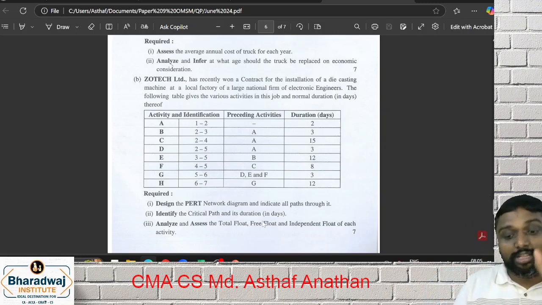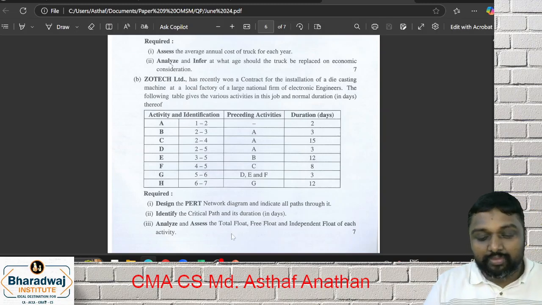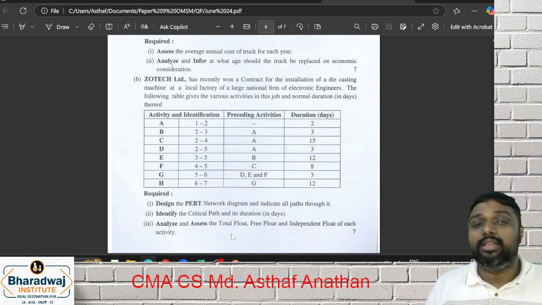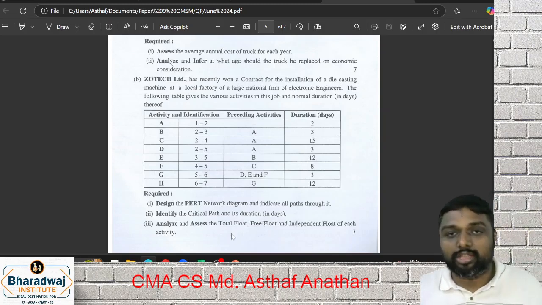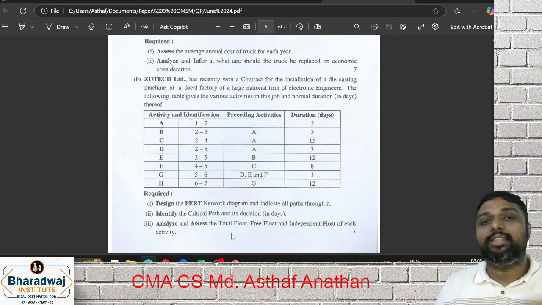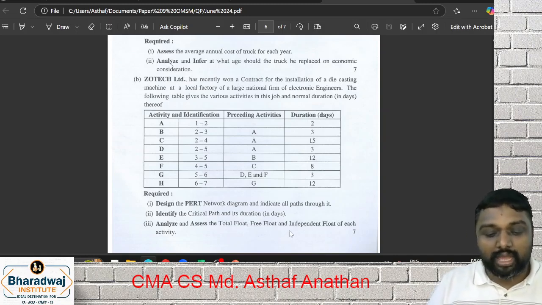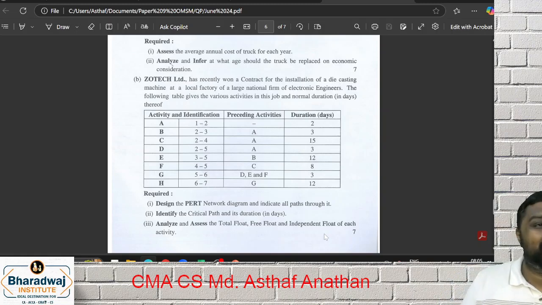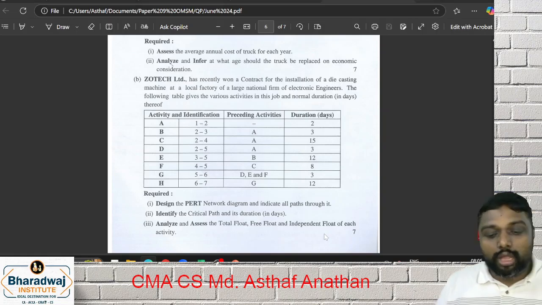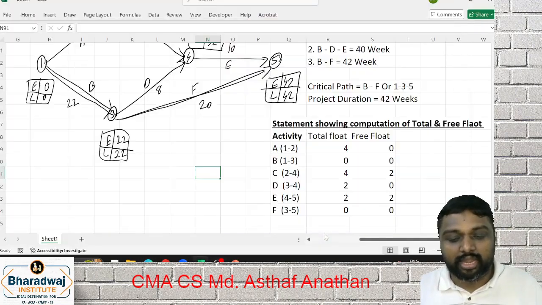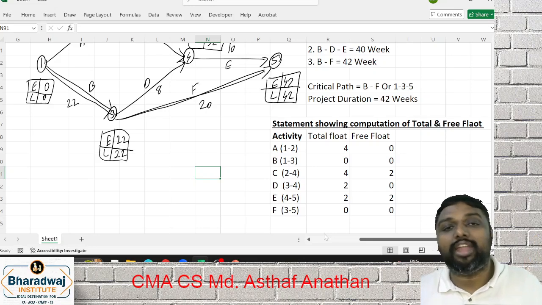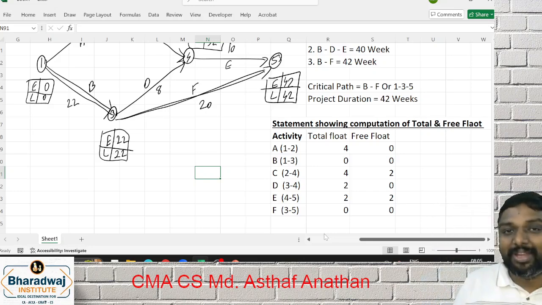It is very easy. This is also 7 marks. Nothing called a. They are going to ask you this TE. It is a normal question. So rather than the SPET, balance everything correct. Because of that, they are asking one more thing here. They are asking independent float also. So I request you complete this previous question, take your own time and complete. You can pause the video and try.